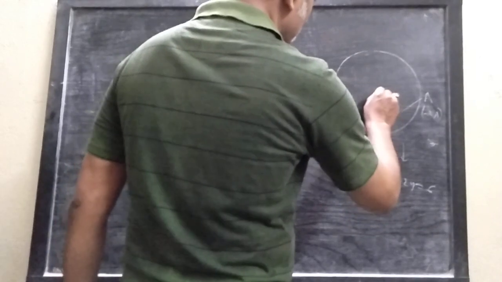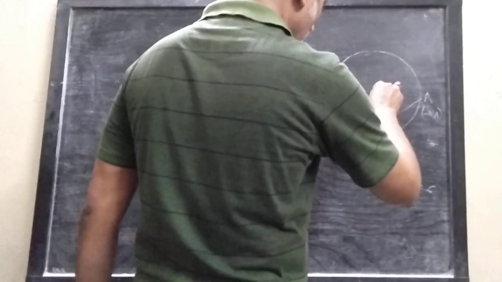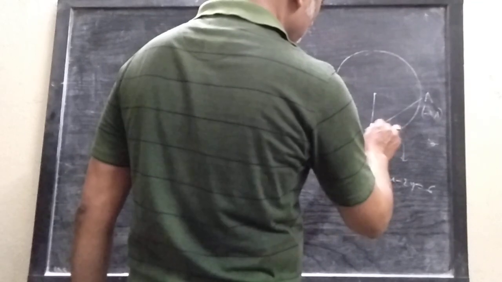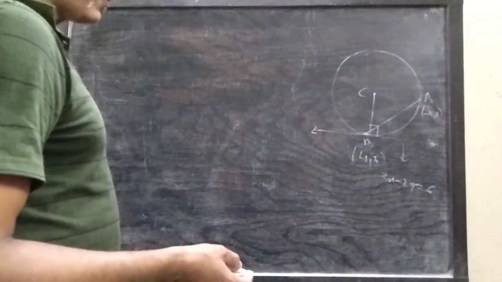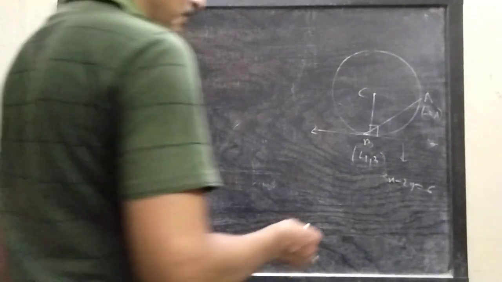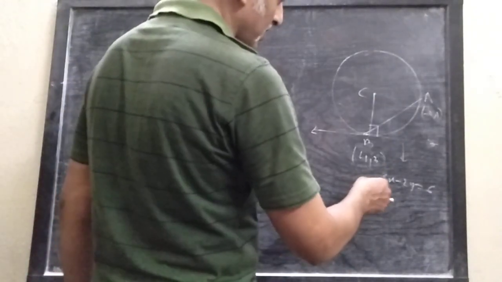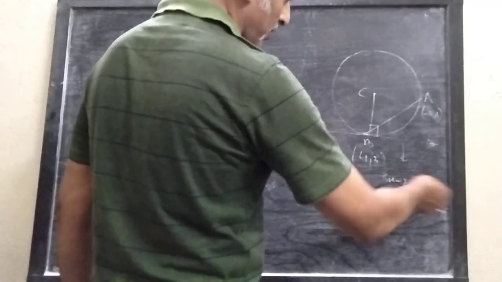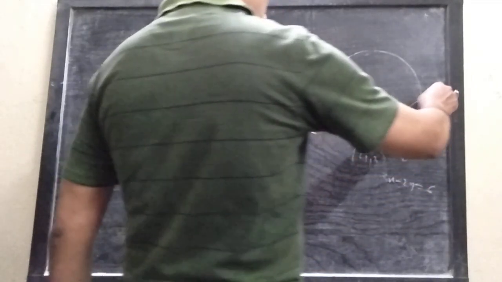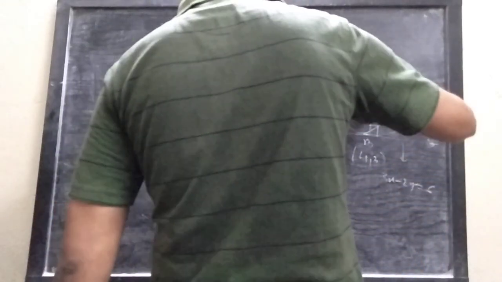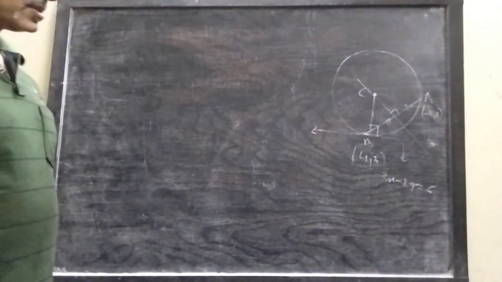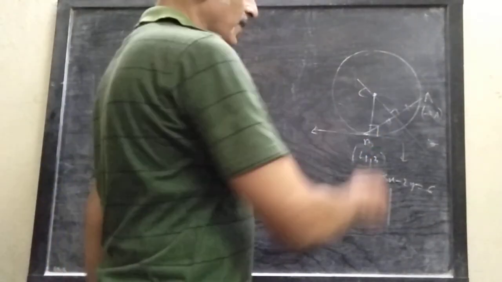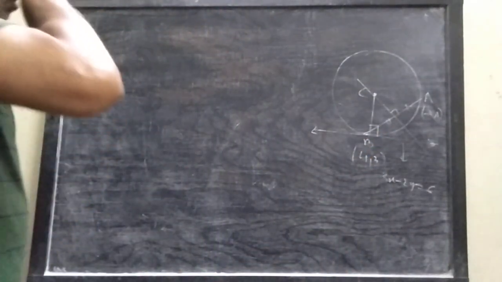So let us consider its center at the point C. Here CB will be perpendicular to the tangent according to the theorem. Now you can find the equation of CB as it passes through (4, 3) and is perpendicular to this line. Next, AB is a chord of the circle, so its perpendicular bisector must pass through the center. We can find the perpendicular bisector of AB. Now solving these two equations, we can find C and we get the equation of the circle.